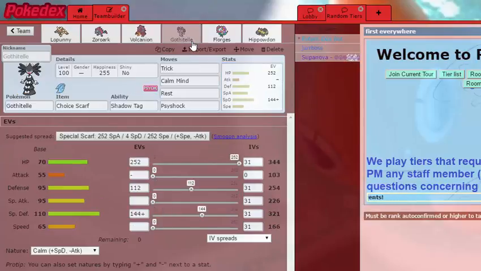But here's the interesting one, Gothitelle. Now, I'm not entirely sold on this set. I wasn't really sold on this Goth set, but I figured it's my best chance because, like I said, the two big things I prepped for were Magearna and Necrozma. I knew both of these things were definitely, without a doubt, coming. So my plan is I can maybe trick beat a